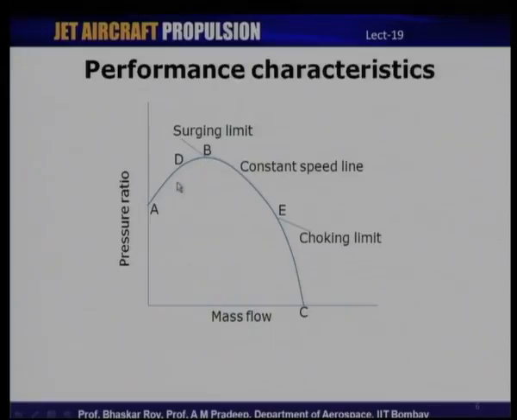So, let us take a look at what happens between points A and B. Let us say the compressor is operating at point B and then we further reduce the mass flow rate. As the mass flow rate reduces, according to this curve, the pressure ratio drops. So, if the pressure downstream does not reduce corresponding to what is shown in this curve, then there is a likelihood that there could be a reverse flow from